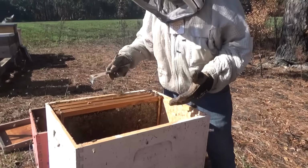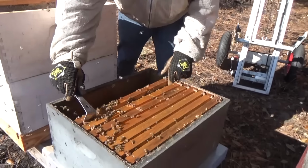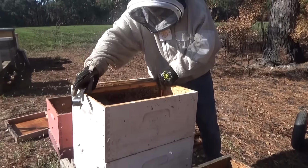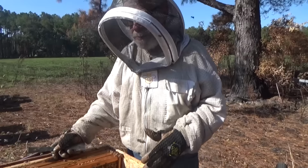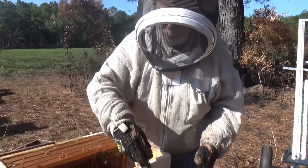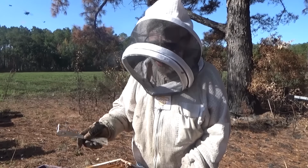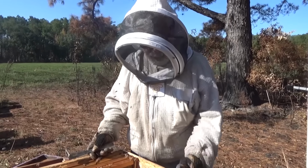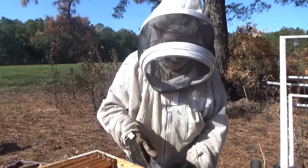Yeah, and like I said before, I smelled. I can't even smell any kind of smoke. So I'm surprised. I think the bees vent it enough. They fan it, and I will say this, the amount of time that the flames were actually underneath the hive and approaching it could only have been a short period of time. Right. It couldn't have been a lot of time for the smoke or flames to get up inside of our hives. Right. Because I would have expected to smell the smoke, but I didn't,